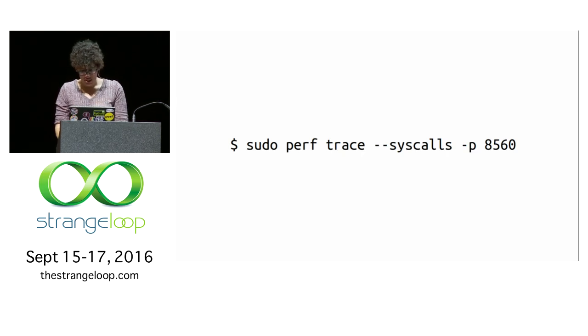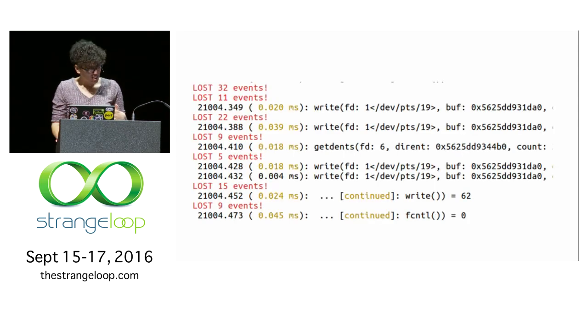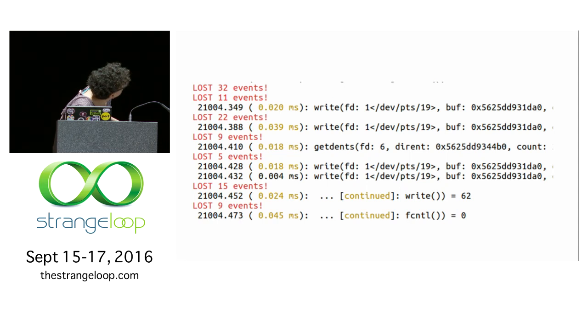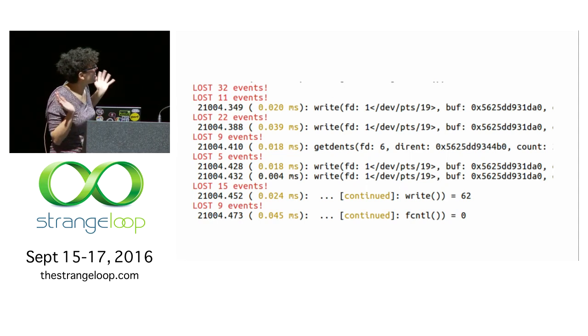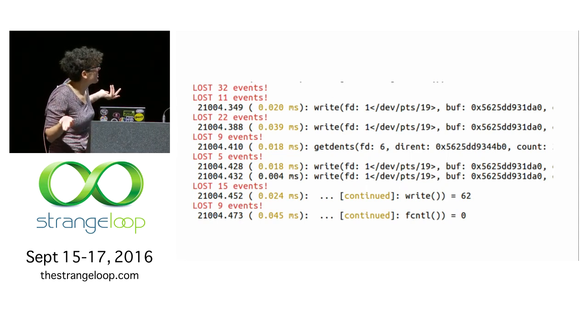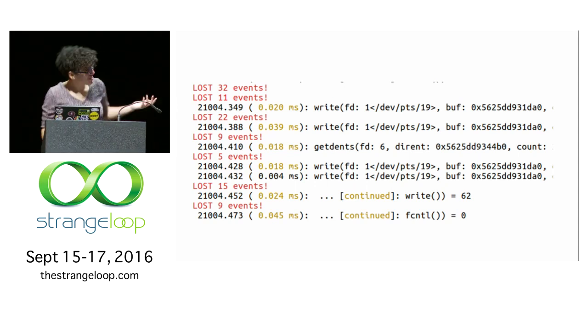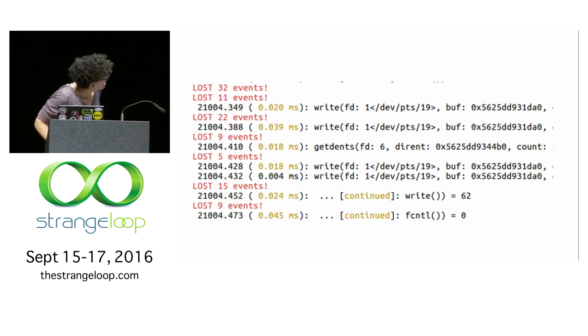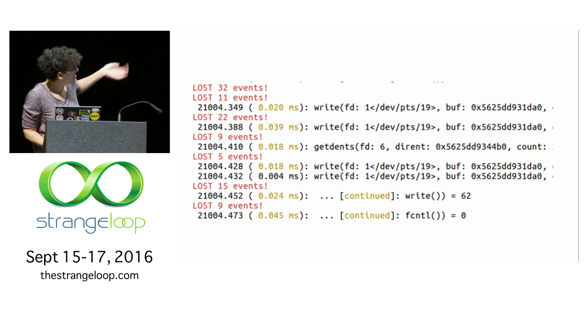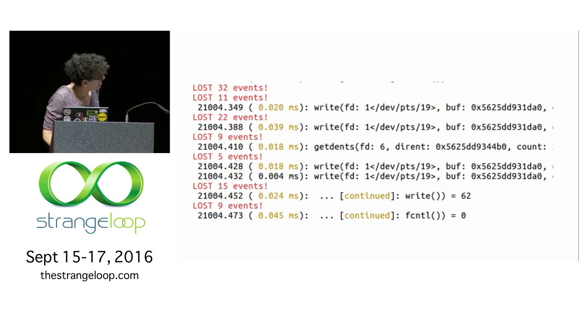So strace lets you take a process and see what system calls it's making. Perftrace also does this, and it does it quickly, but it also doesn't work. It's like, sorry, I lost all these events. And I'm like, thanks, I guess. Like, at least you're telling me. I don't know. I felt confused about this, but I also thought it was kind of exciting. Because it's nice to have the things you want in the same tool. But I was sort of, I don't know.